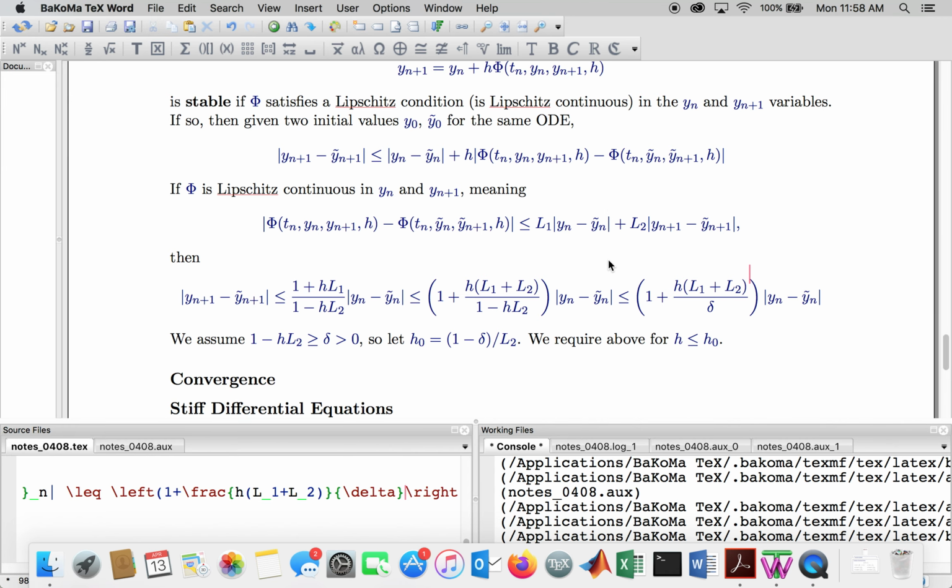Okay, so now that I have this expression, the solution at time n plus 1 bounded by the difference in solutions at time n times this constant, if I go ahead and apply this across all time steps,